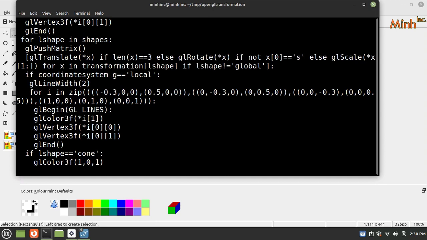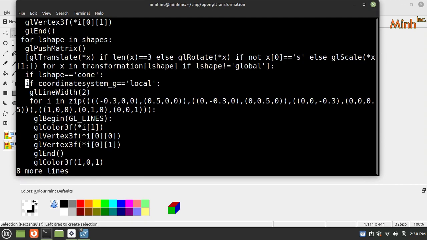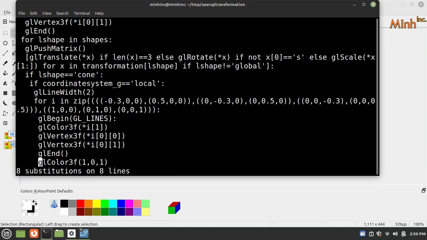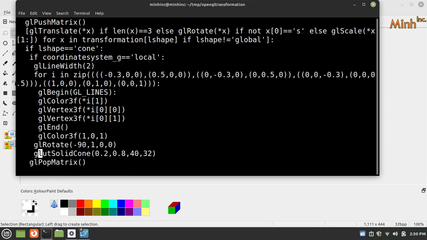Okay, so what I can do is, okay, I'm sorry. Okay, so the reason why it is inside the cone probably is because it has the coordinates for the cone. Okay, so if L shape is cone and coordinate system is local, so no problem, we can go